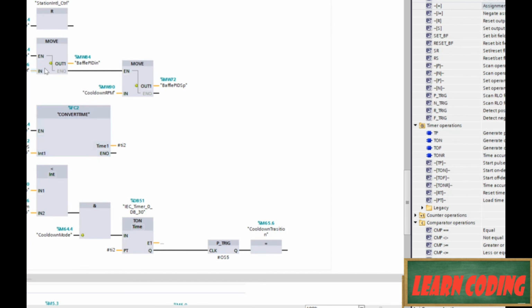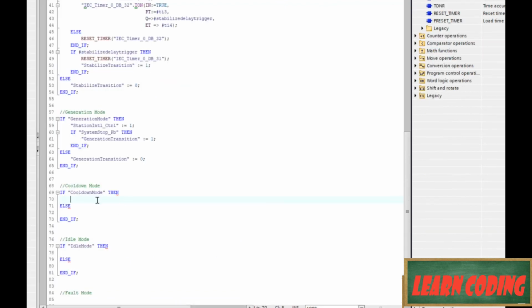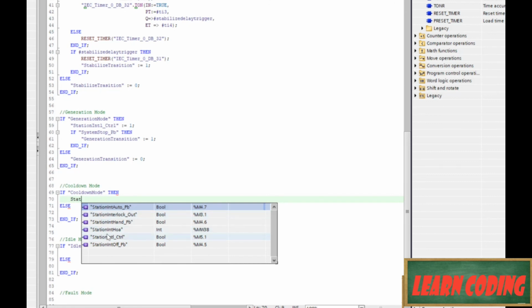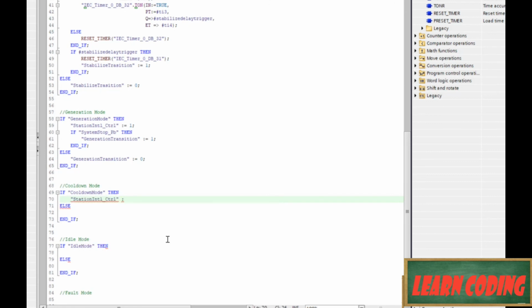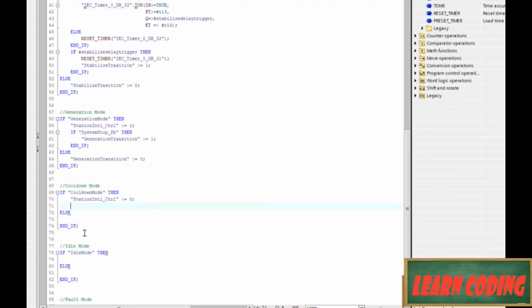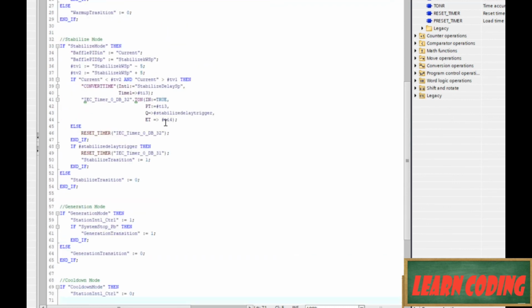For cooldown, we want to reset our interlock control first and foremost. So station interlock control := 0; Done. That's the most important part. And then we want to shift our PID back to looking at RPMs, and that needs to be a cooldown RPM. Okay, so